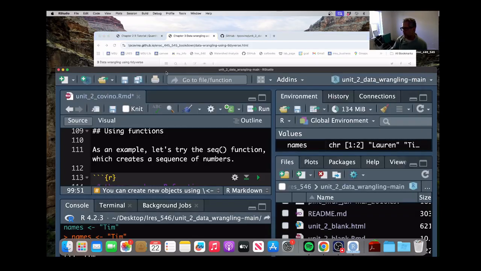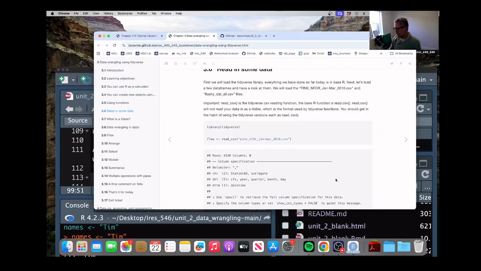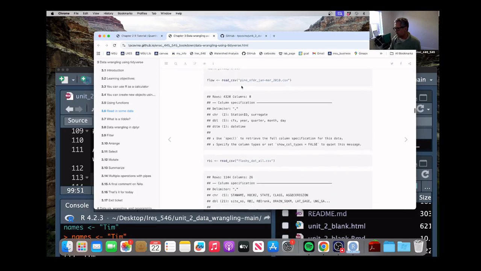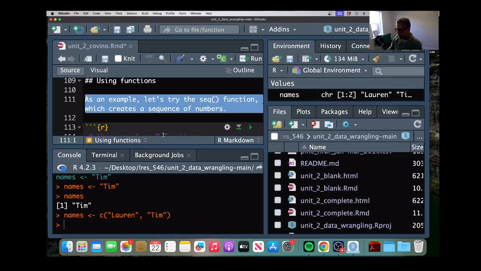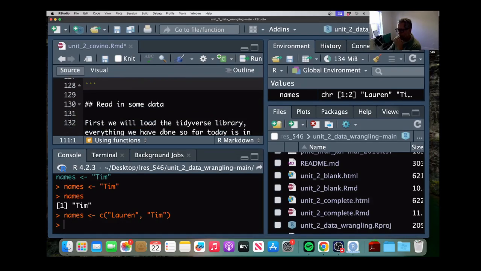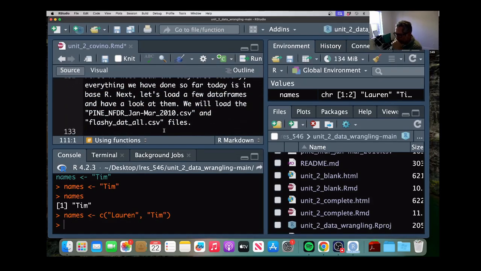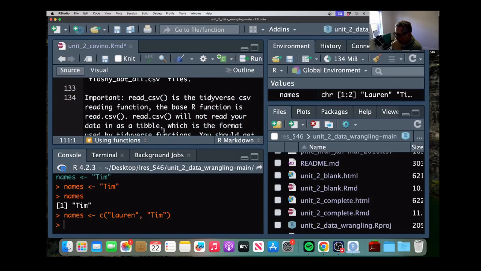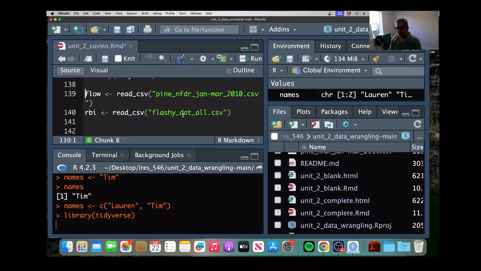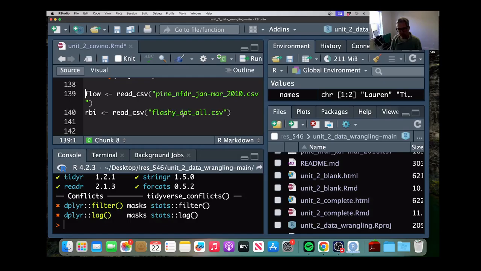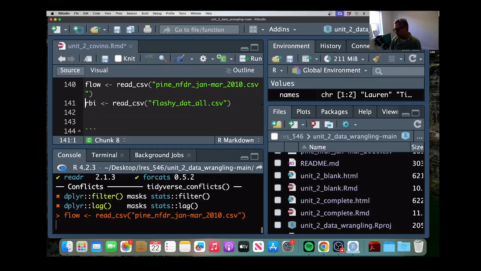Next thing, we're going to read in some data, so we are going to read in the flow data. So we'll go down. We're going to load this library. After you install it, you don't have to install it every time, but you do need to load it when you come back. Now we put in flow, RBI,